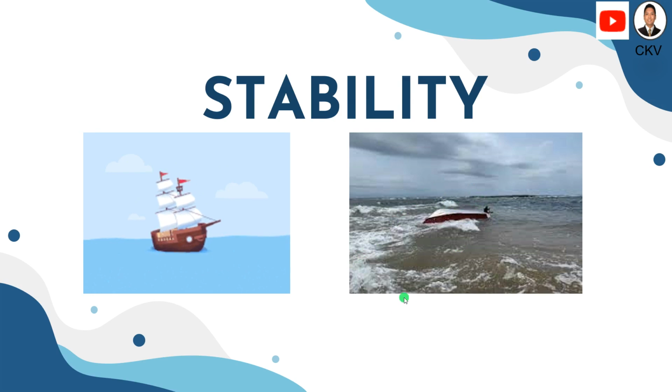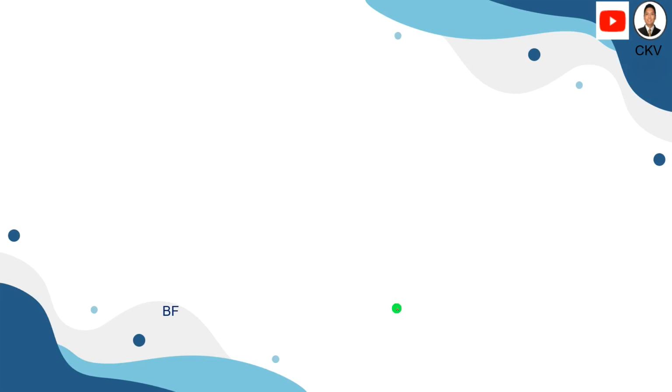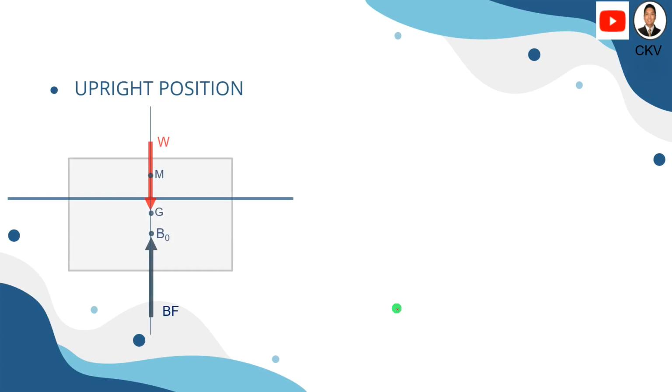So how can we determine if the body is stable or unstable? First, let's start here when the body is in the upright position. So the present forces